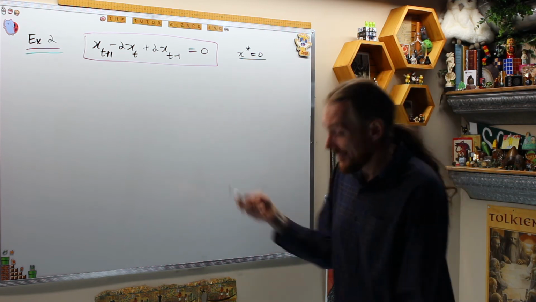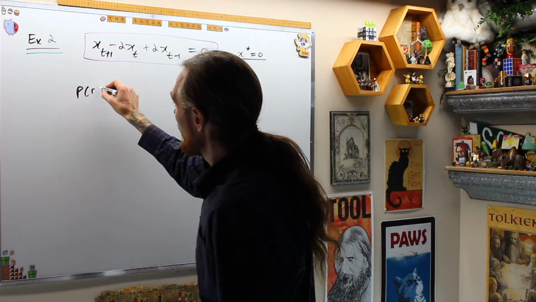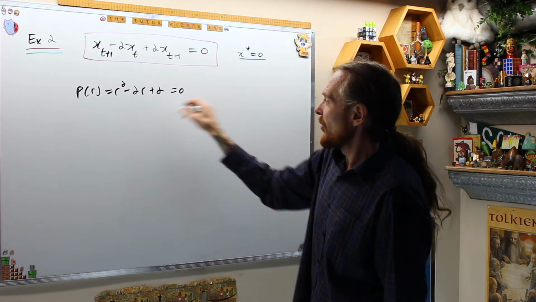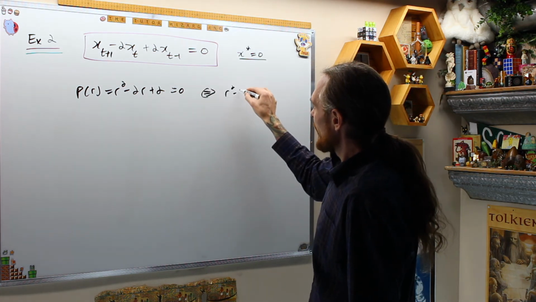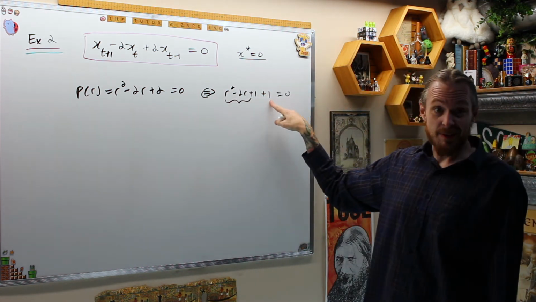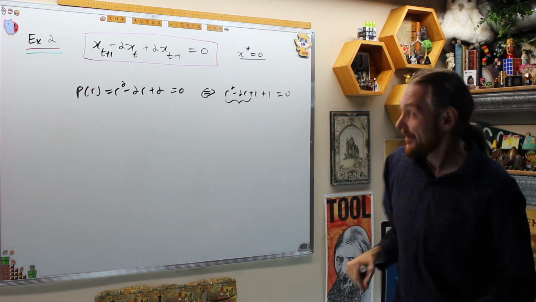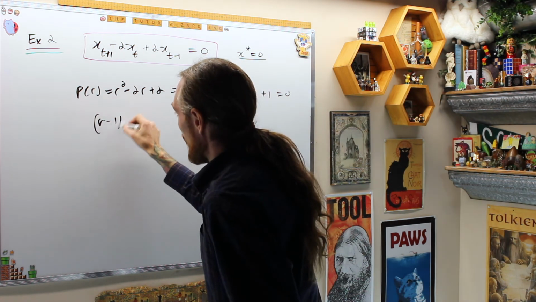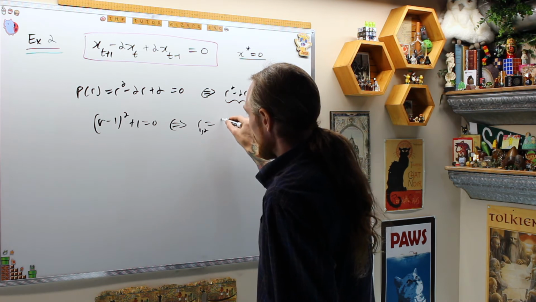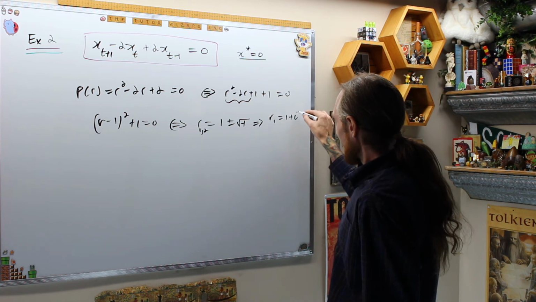So for asymptotic stability, or both of them, either way, I need the characteristic polynomial and their roots. The characteristic polynomial this time is P of R equals r squared minus 2r plus 2. When does that equal 0? I'm going to steal one of the ones. This is only if r squared minus 2r plus 1 is equal to 0. And then I already see, if you know what you're doing, this is complex because when I move it to the other side, it's -1, so we're going to get the square root of -1, which is i. Anyways, this says we have r minus 1 squared plus 1 equals 0 if and only if r1 and r2 are equal to 1 plus or minus the square root of -1,